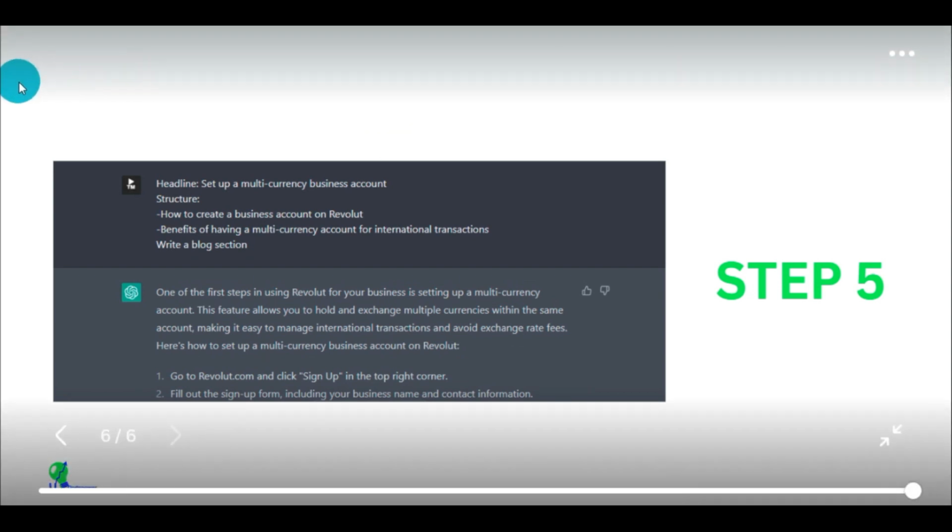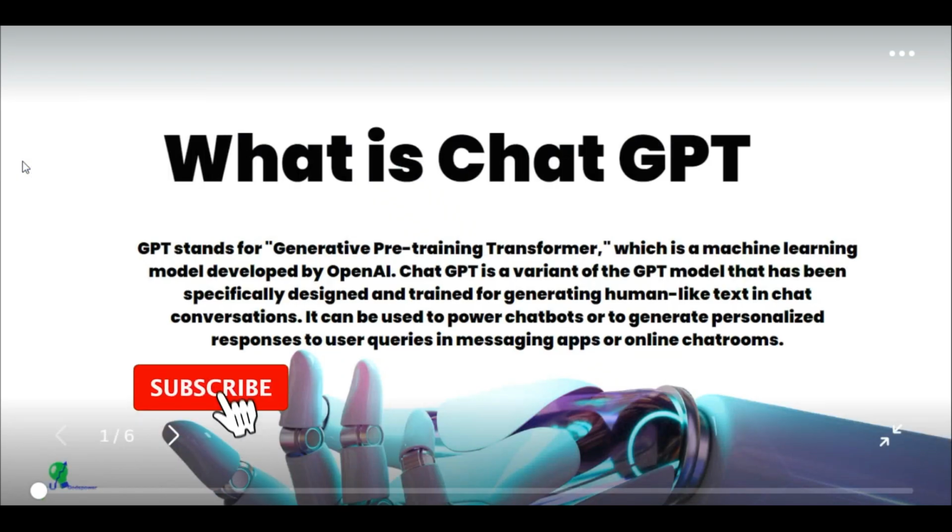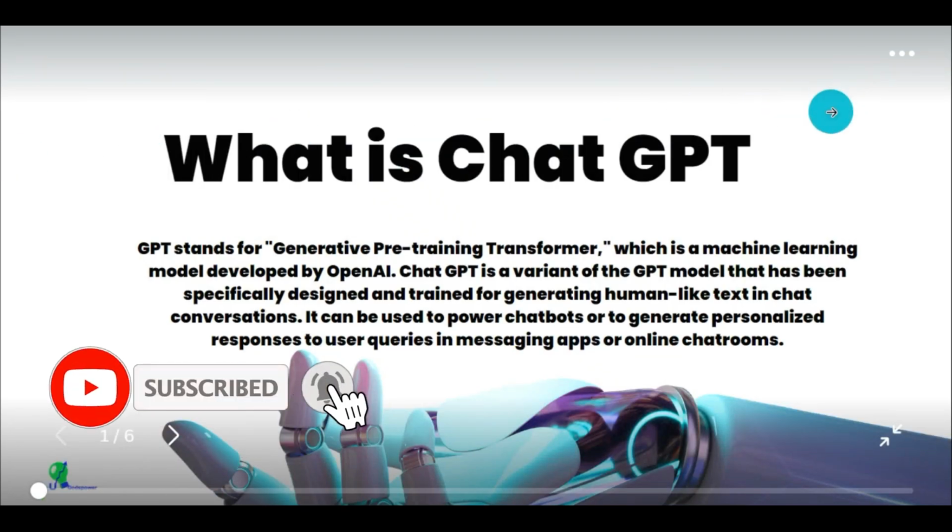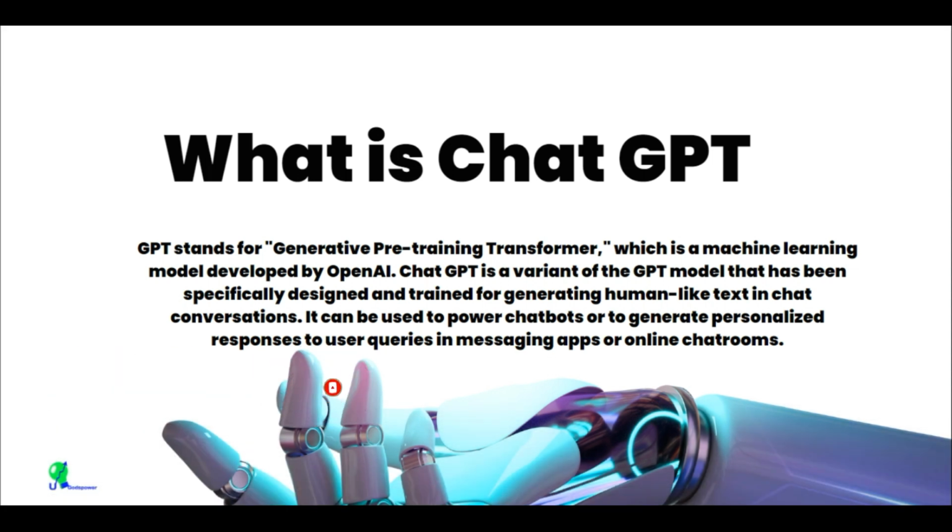So right now, you know how you can write a blog, a pro blog with ChatGPT without anyone telling you what to do. So you have everything you need to know about this strategy. So what you just have to do is go and watch a video on how to create your ChatGPT account. The link will be in the description below. It will still pop up if you want.